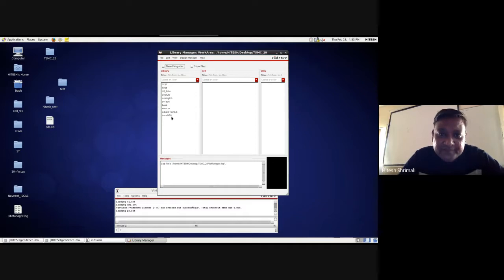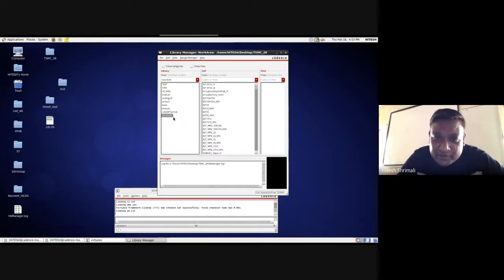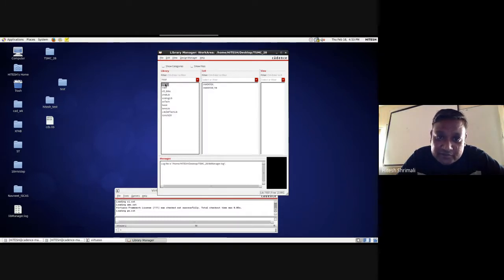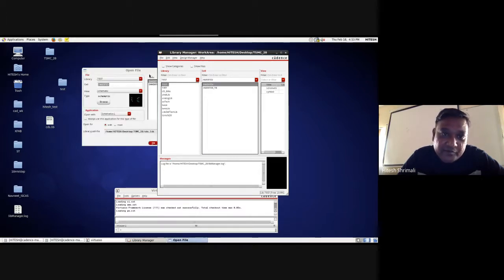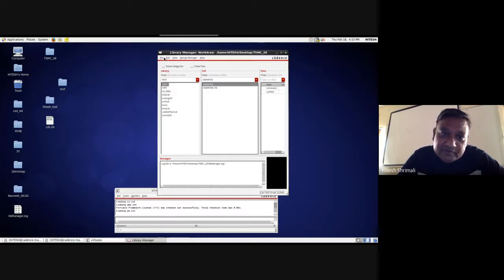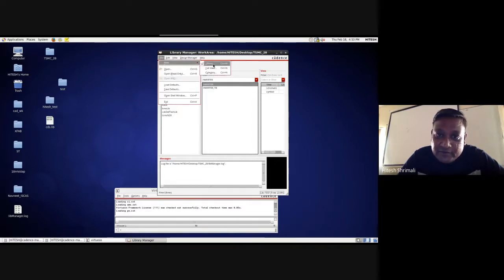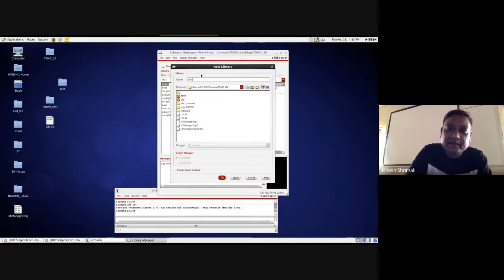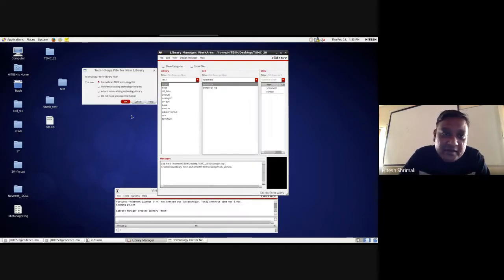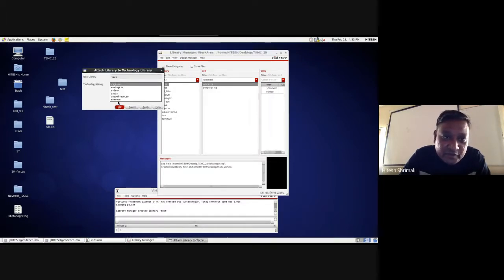So here, this is for TSMC 28 nanometer. Before going to this, maybe I can make the library for you. New library, test library, and attach to an existing technology library. So there I am going to keep the TSMC 28.